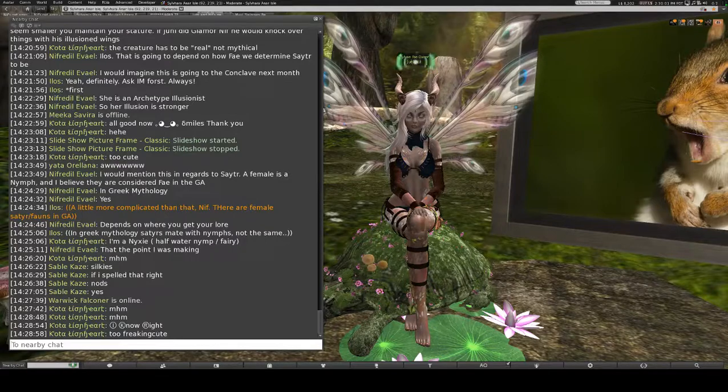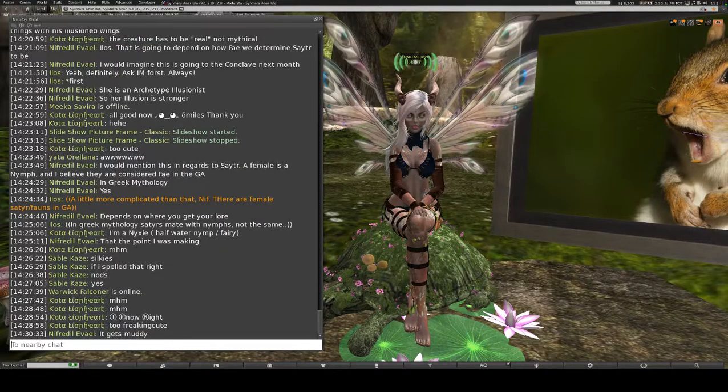Hold on, I lost my spot. A Fae, if they were to change their base element, which they really shouldn't do, that's kind of frowned upon. But if for whatever reason, through RP, they discover that, oh, I'm not really an earth-based Fae, I am a water-based Fae, they would lose their cantrips for that earth-based element.